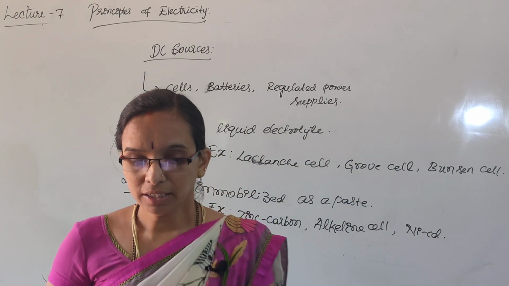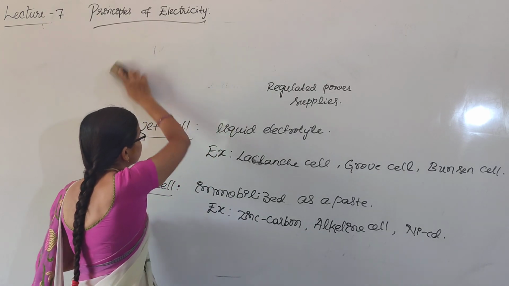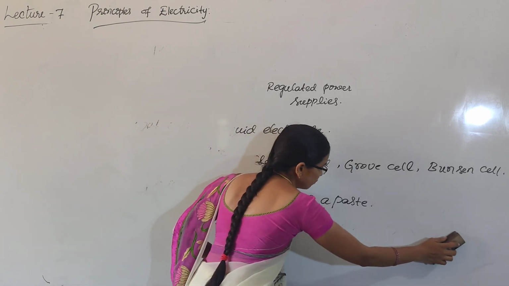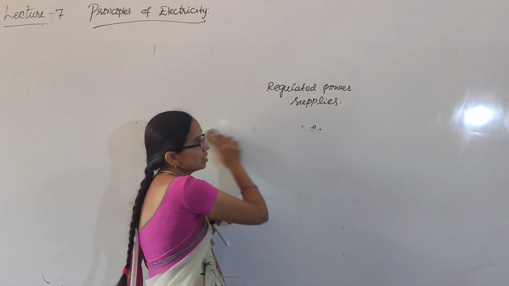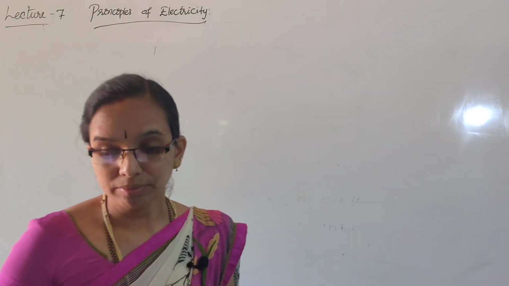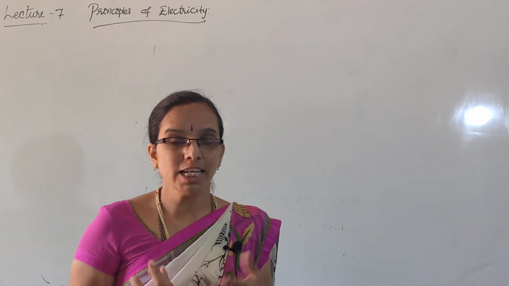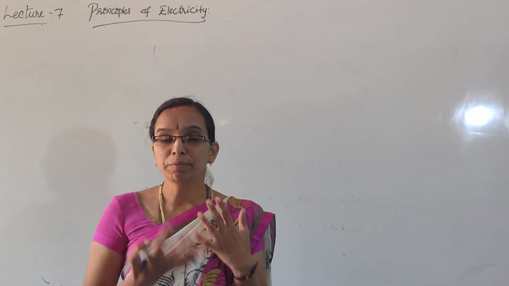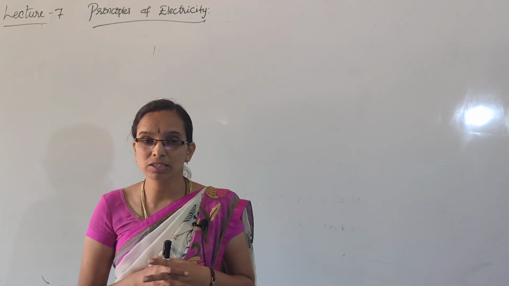Okay, and just observe the batteries wherever they are used in electronic devices, whether it is a wet cell or dry cell, what voltage rating is written on that, what current rating is written on that. Okay, and whether it's a primary cell or secondary cell. Secondary cell in the sense is a rechargeable cell, but primary cells cannot be recharged. Once exhausted, we should throw it.